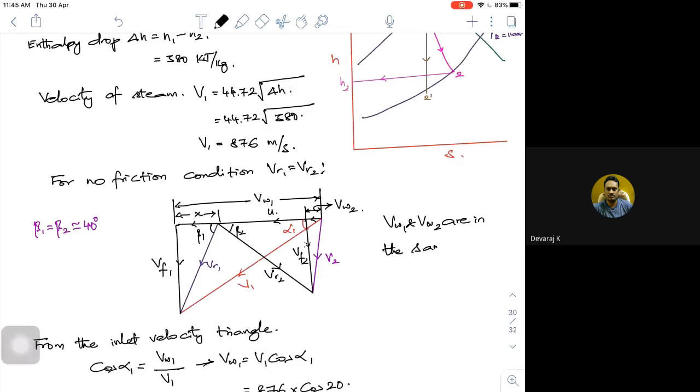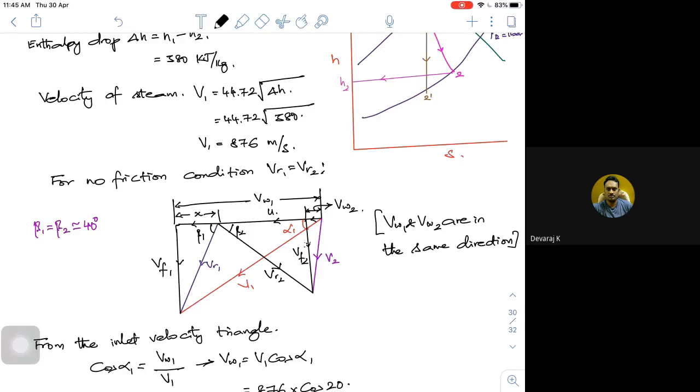If you do it properly, because I have solved this problem, I know the direction. So this is how the velocity triangle will look. Maybe roughly you may draw the velocity triangles initially and later on you change it. I prefer you try with the graphical method and practice as much as possible. Then you can try with your theoretical trigonometry calculations.